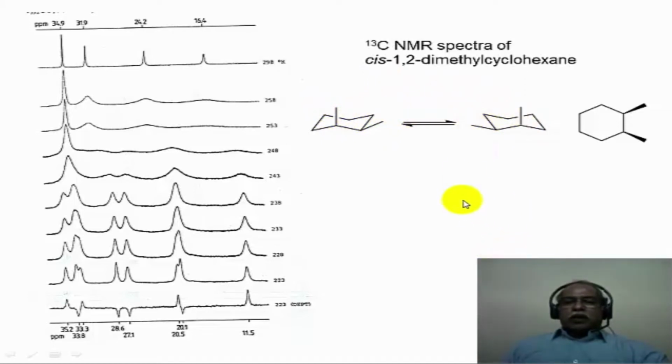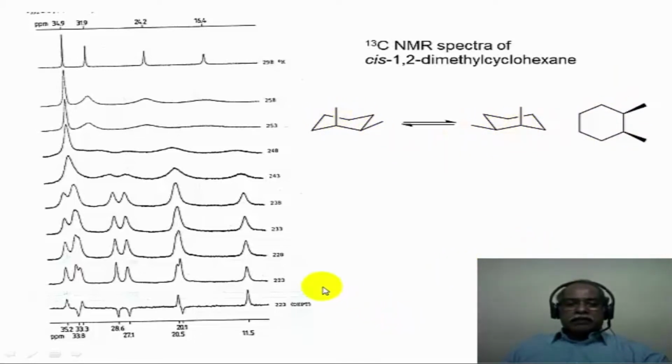While going through this transformation, it has to go through a transition state which looks very similar to a planar transition state. In other words, this chair form has to go to this particular chair form. At some point in the transition state, it has to attain a planar kind of structure, which is this particular structure. And this structure has a plane of symmetry, as you can see in this molecule. So this would be an achiral system, whereas these two conformations would be chiral in nature.